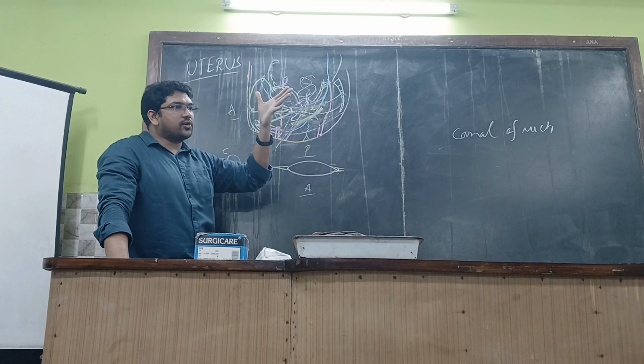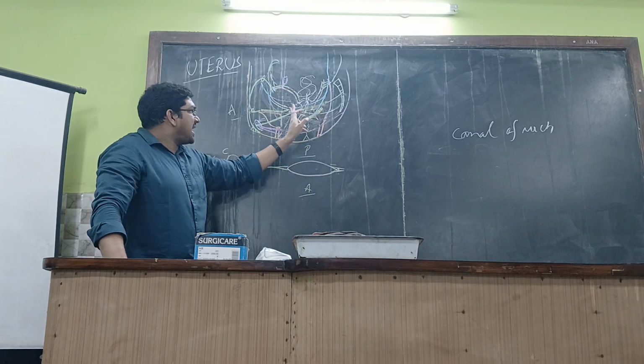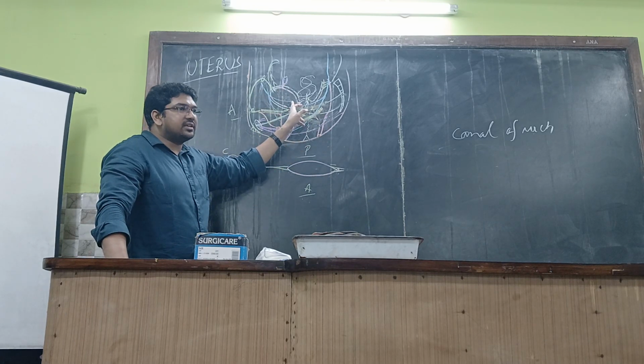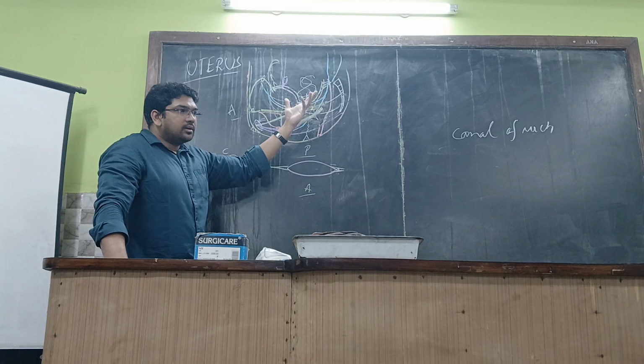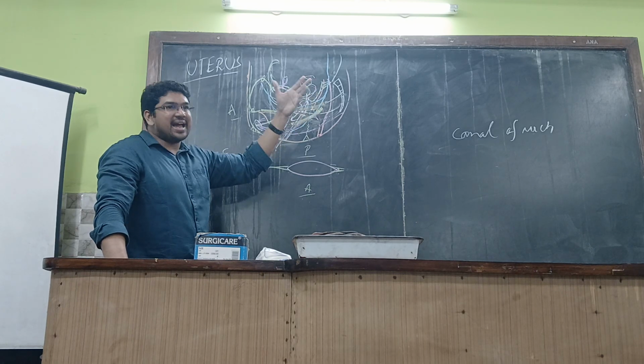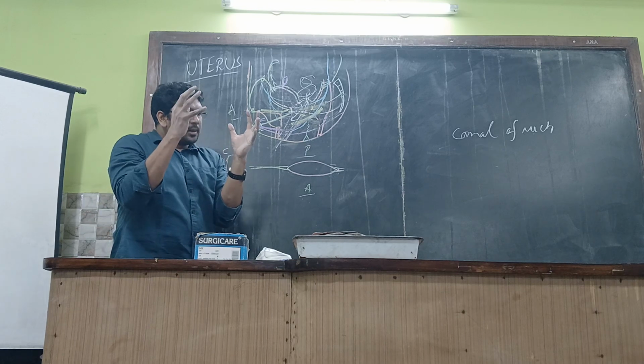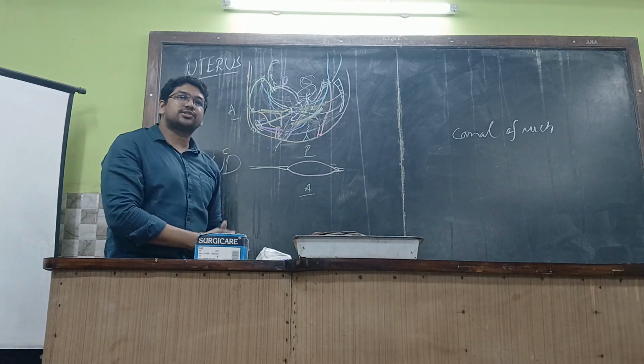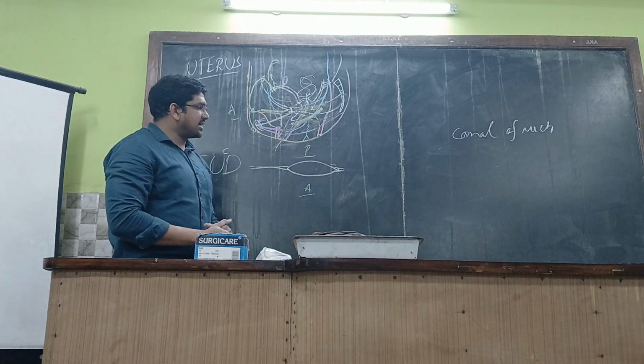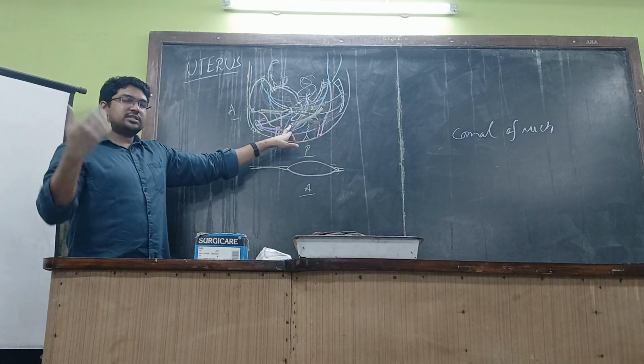Vasoconstriction by sympathetic, dilatation by means of parasympathetic. And the uterine glands will be secreting by means of parasympathetic. Glands anywhere, parasympathetic. Of course, sympathetic indirectly, whenever the musculature is contracting, that leads to secretion from the uterine glands. Okay. And for the vagina, the sympathetic nervous system is from